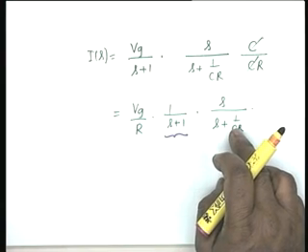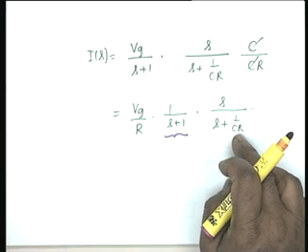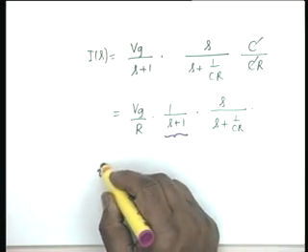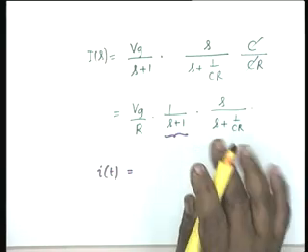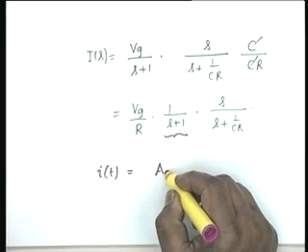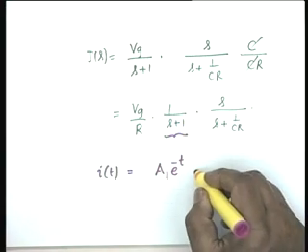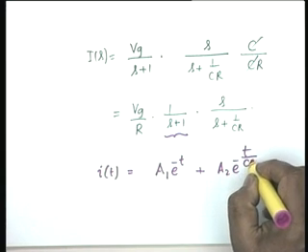It does not arise because of the excitation, it arises because of the network, all right. And you know s equal to minus 1 by Cr is a natural frequency of the network, all right. And therefore, without making a partial fraction expansion, I can write i of t in terms of constants as a1 e to the minus t because of this term, plus a2 e to the minus t divided by Cr.